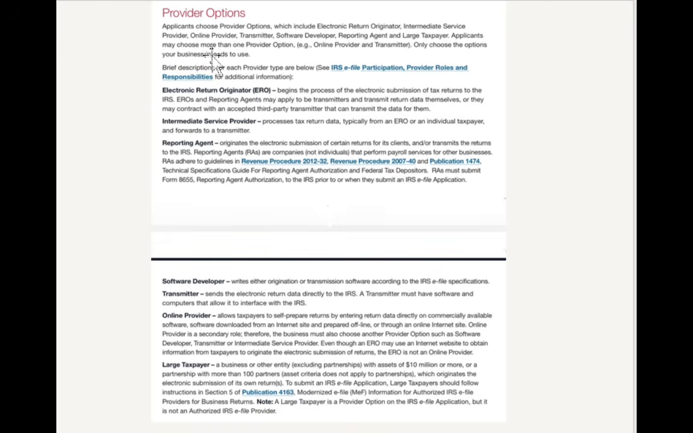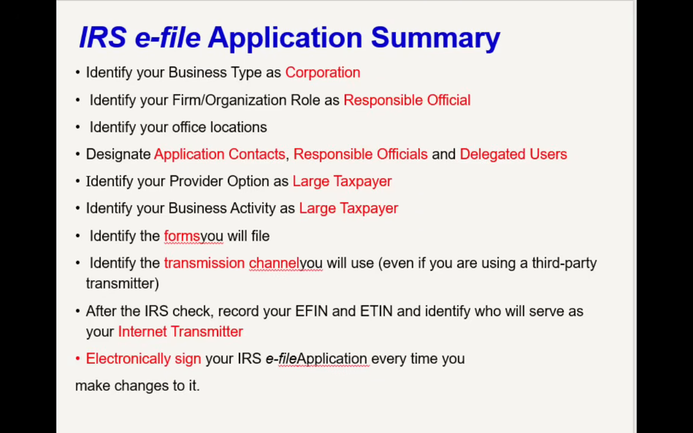For example, at the same time, you could be an ERO, a software developer, and a transmitter as well. So multiple roles can be selected during the one application process. Here is a summary. You need to identify your corporation, your ROs, your office locations, designate contacts, and provider options such as large taxpayer,